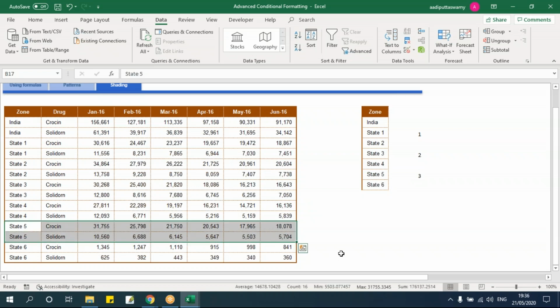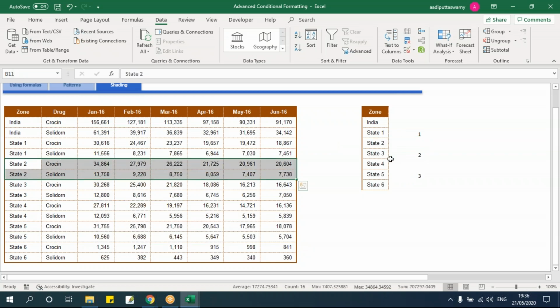Now I'm trying to shade with more than one color here. But whichever rank I'm specifying, so let's say this should become first rank, then this shading should change. So wherever I'm specifying the rank, based on that, the shading should change. So what we should do is, first we should know which has got the first rank, second rank, and third rank.